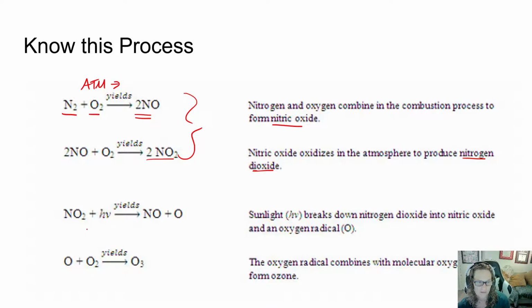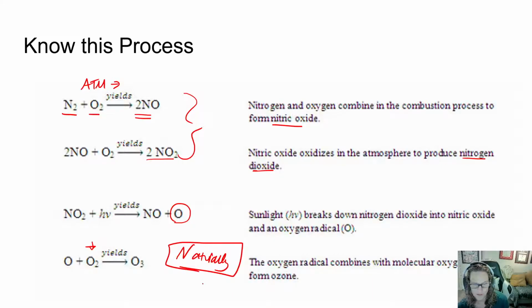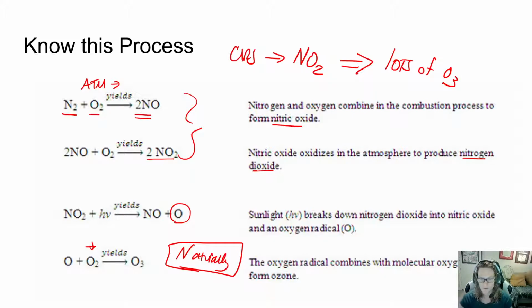And then the NO2 reacts in the sunlight and we get some NO and an O. So it dissociates. This is a dissociation reaction. And then that free oxygen will combine with a diatomic oxygen and give us O3. So this happens naturally. This is a normal, natural cycle. The problem is cars put in way more NO2 than what nature does, and so now we have a whole ton of it, and then that gives us lots of ozone. And that is the problem. So it's the anthropogenic effect.